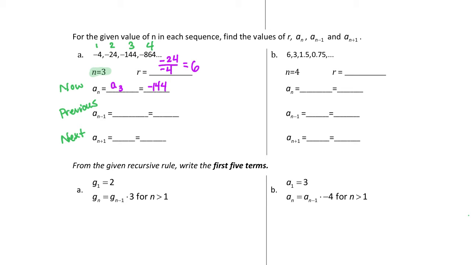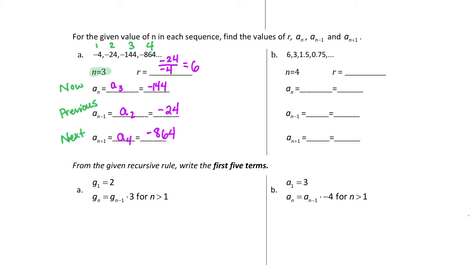The previous number would be n minus 1, so 3 minus 1. A sub 2, the second number in our sequence, is negative 24. Same pattern, n plus 1 would be 3 plus 1. A sub 4 would be the fourth number in our sequence,